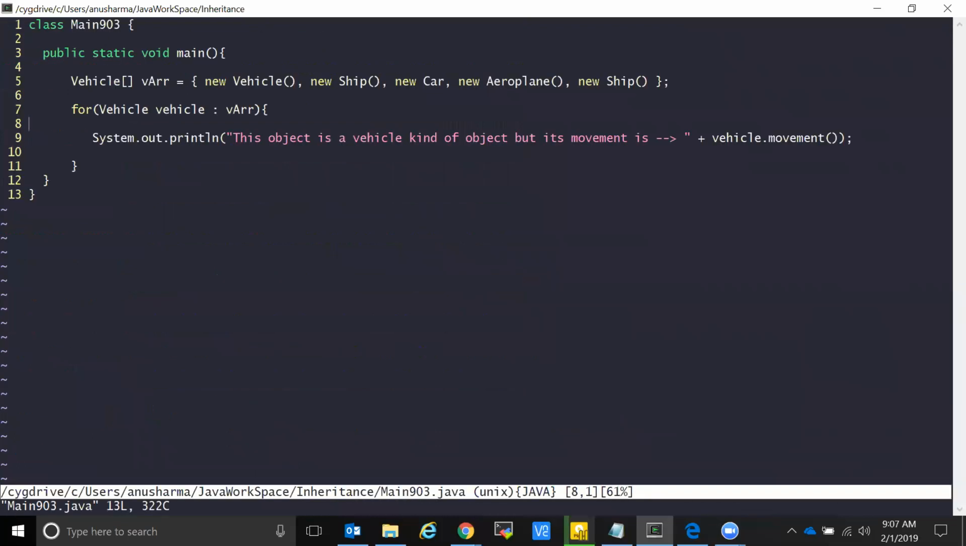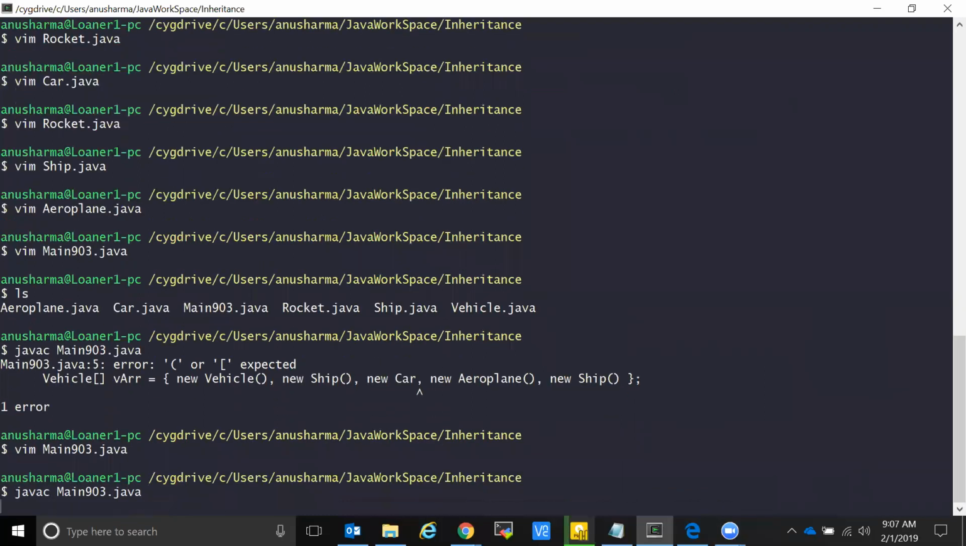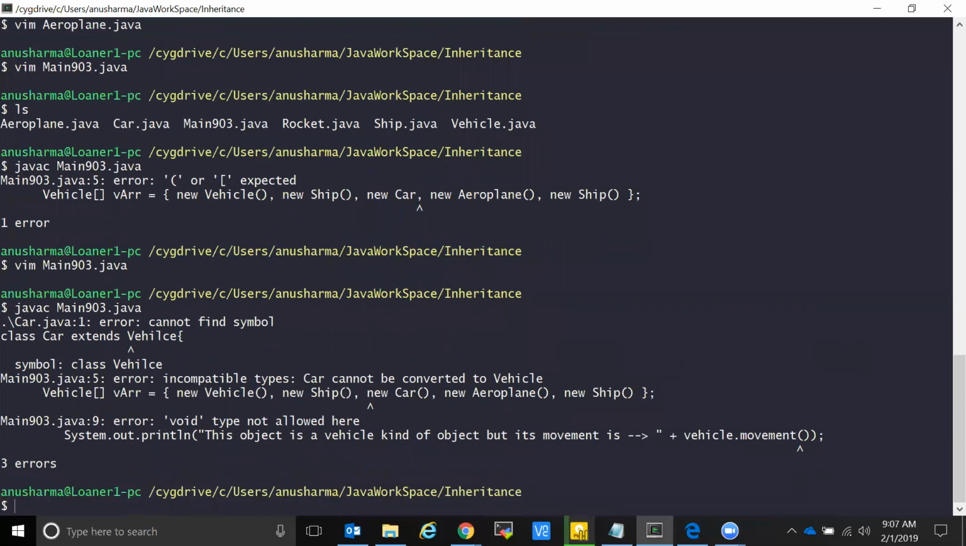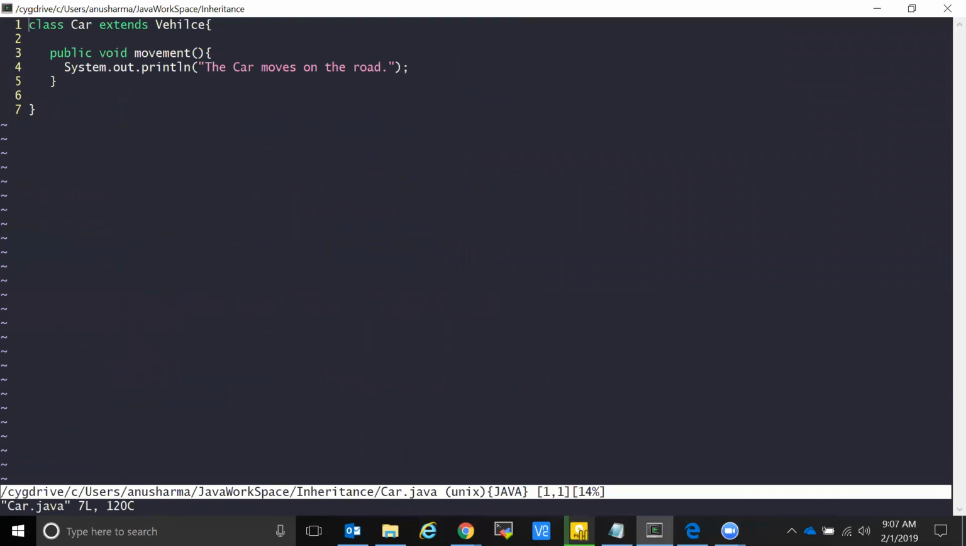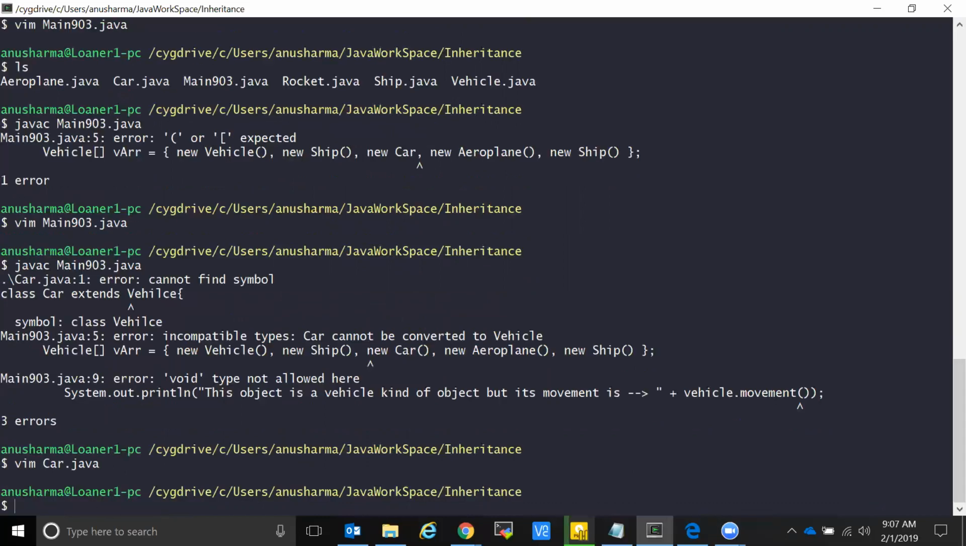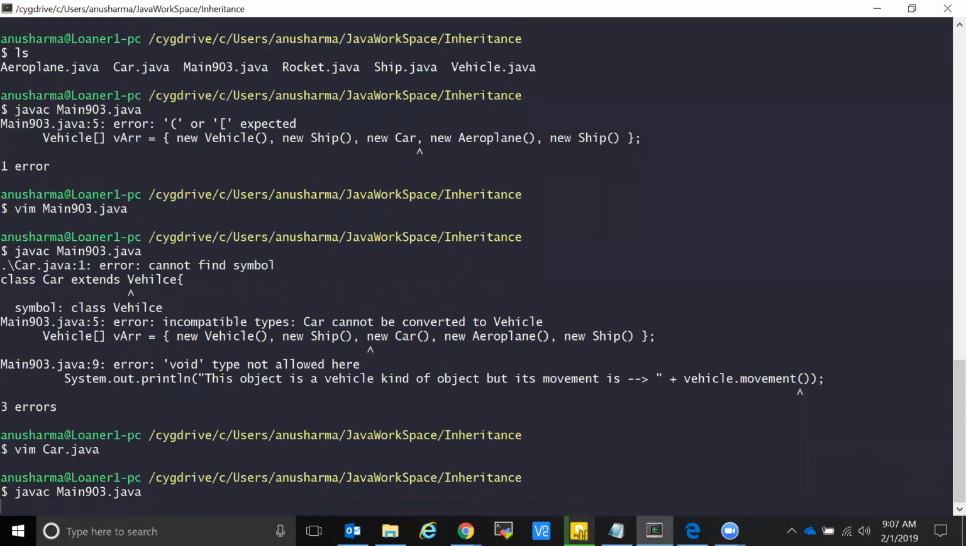Cannot find symbol for new car. So I think in the car class we have not mentioned that extends. No, spelling mistake, I think. Vehicle spelling. Oh yes. Done. Now if you compile it,